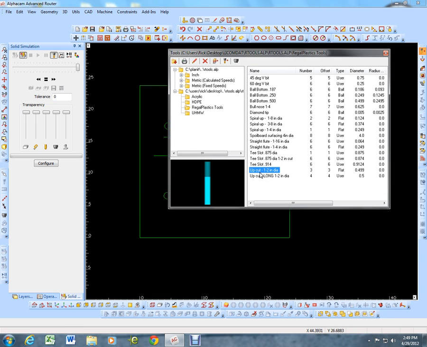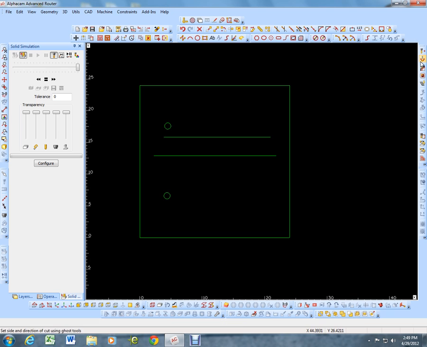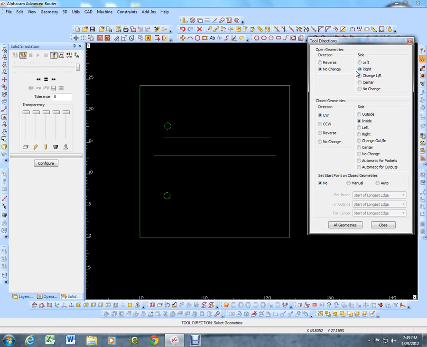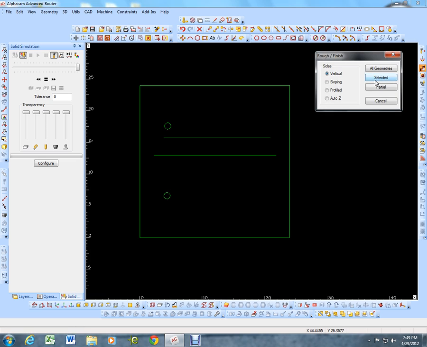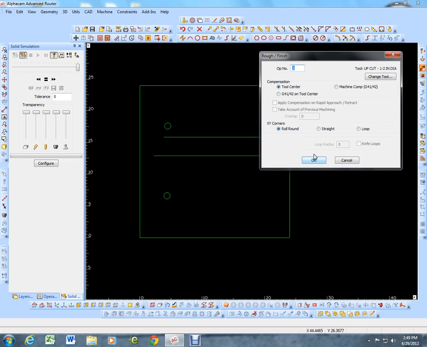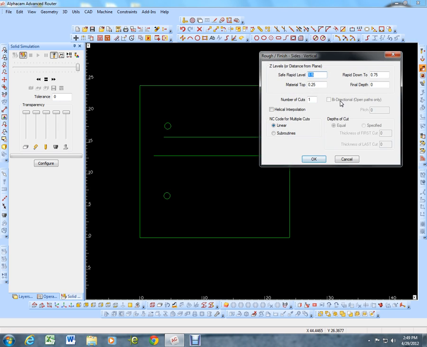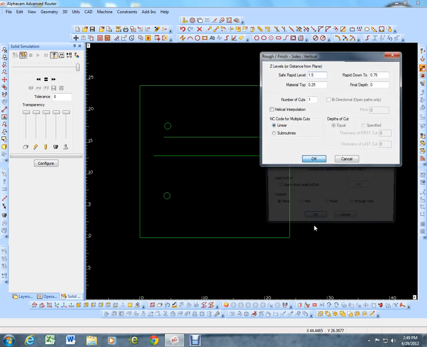and I tell it I want it to go to the right side of this line, it will go to the right side in the direction that the line was drawn. So I can tell it to go on the left side of that if I want to. We'll just pick both of them for the center line, and it's all going to be done with a 1/2 inch bit. Tool center, 1/4 inch,